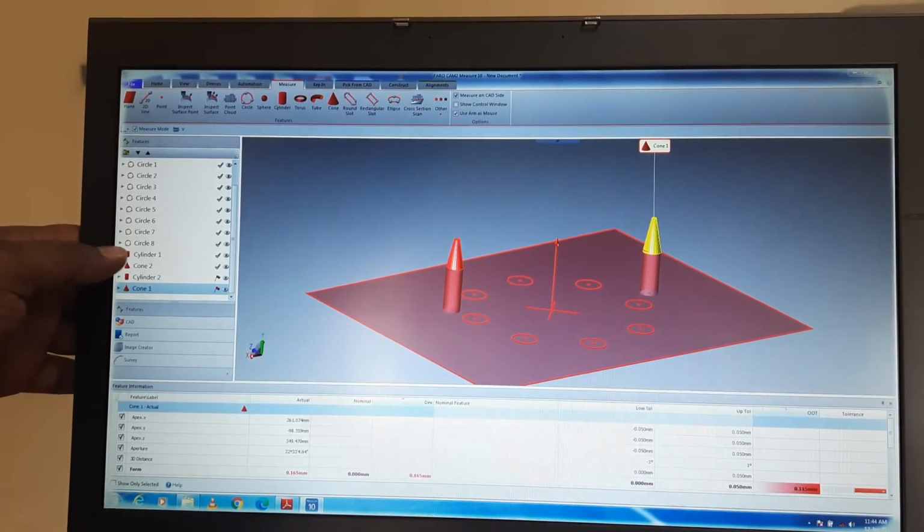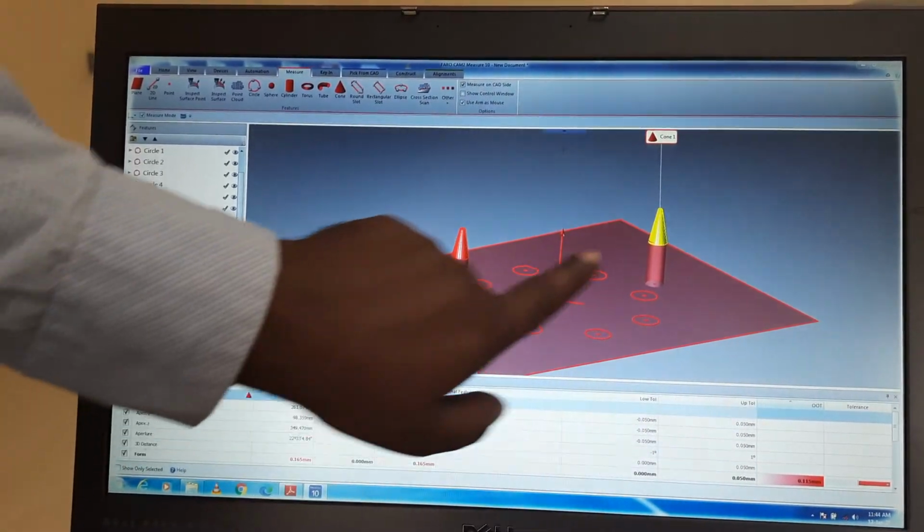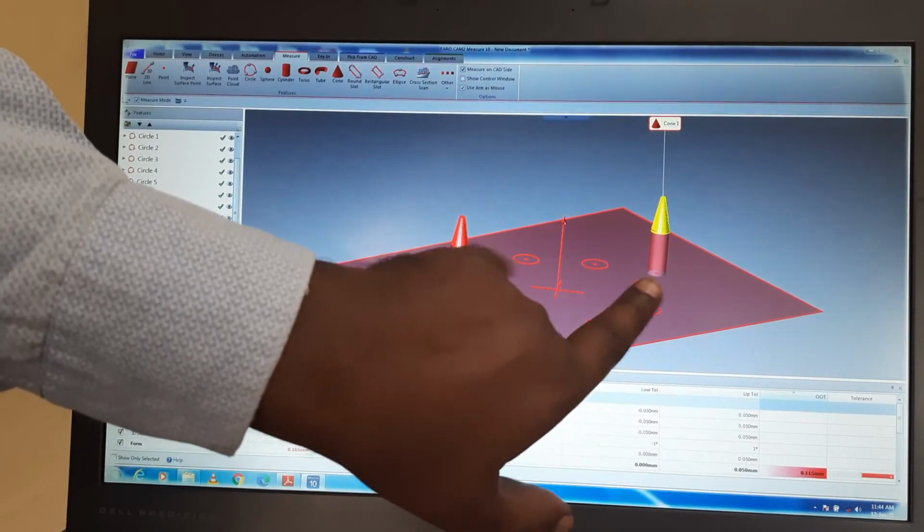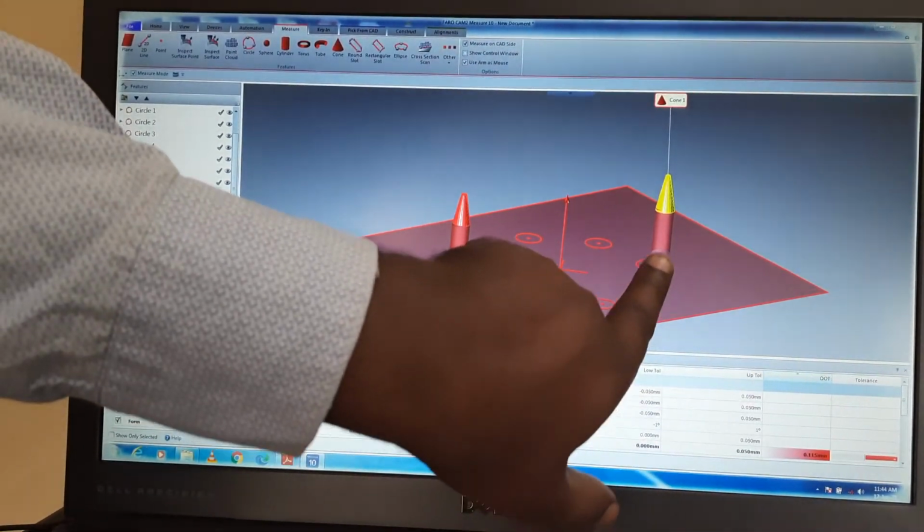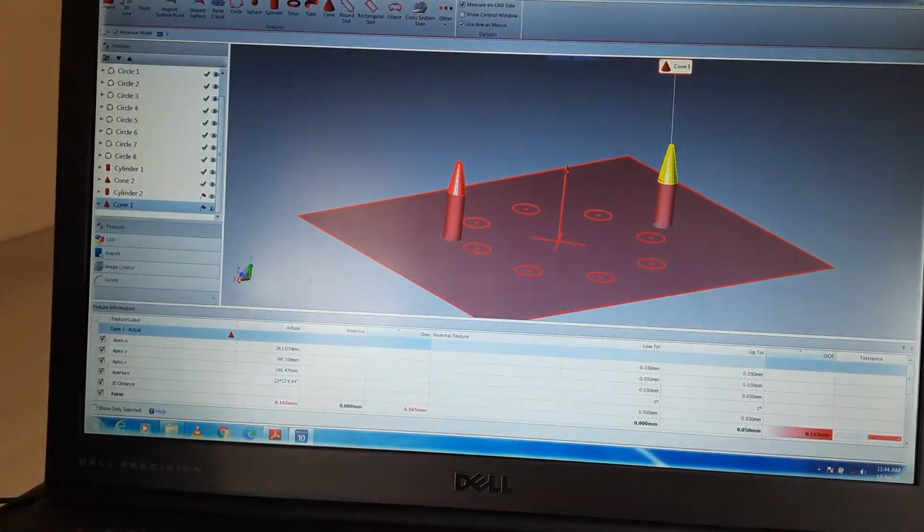Cylinder 1, cylinder 2, cone 1, cone 2. Okay, 8 circles, 2 cylinders, 2 cones.